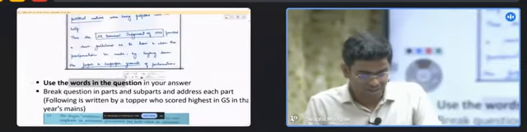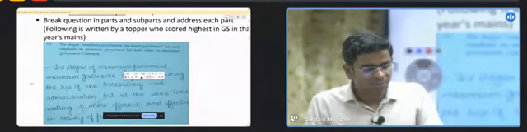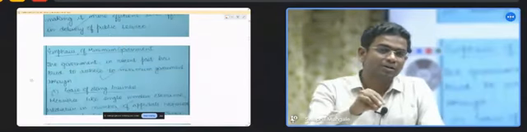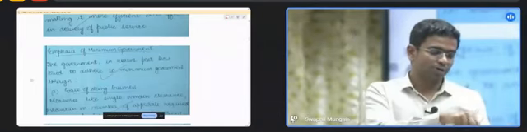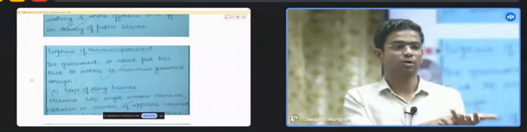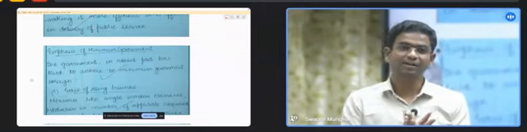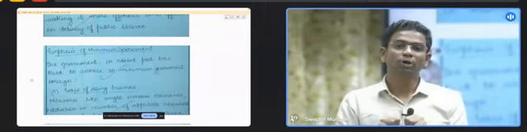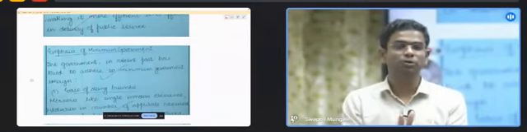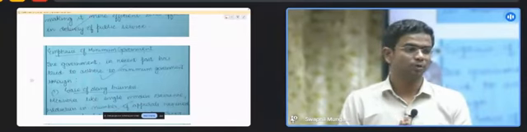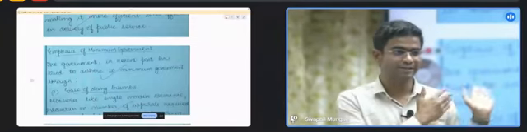Using the words in the question, like here, emphasis on minimum government. Here, emphasis on minimum government. It makes the examiner think that, okay, now you are covering this dimension. Okay, this dimension is also covered. So he or she feels that you are on track. You are not going away from the topics. You are sticking to the topics, and that is going to bring you lots of marks. I hope you are getting the clarity from this.